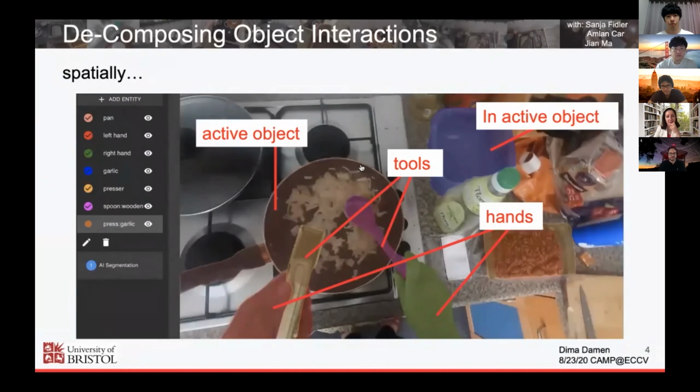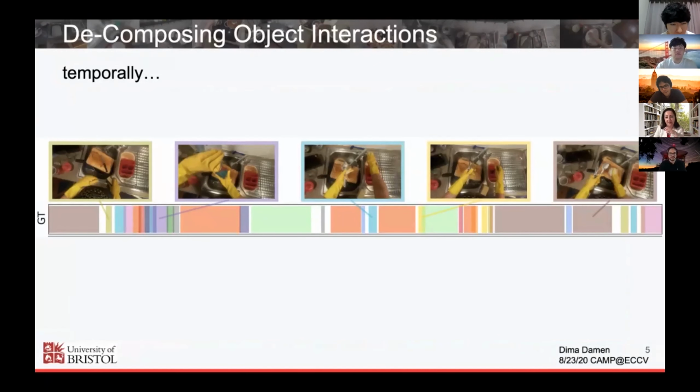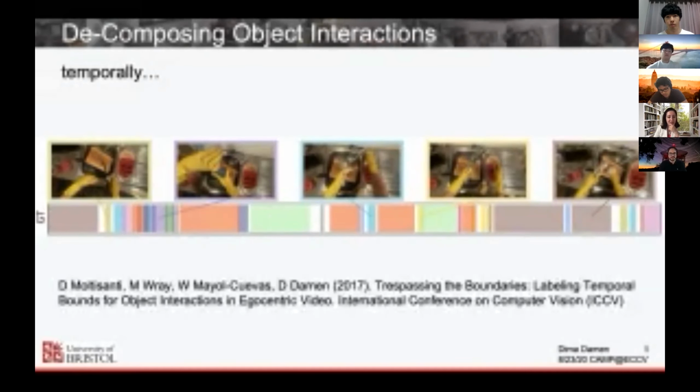You can also think about decomposing this temporally. You can think about this timeline and say, okay, there are all these building blocks that decompose the action. And if you are in this business of splitting a video into segments and deciding a frame that is relevant, assuming everything behind it is relevant, everything before it is irrelevant, I suggest you look at an earlier work of ours in 2017, which we called Trespassing the Boundaries. I'm very much against this concept of a binary threshold that makes things relevant or irrelevant to an action temporally. So that's what we call compositional understanding.